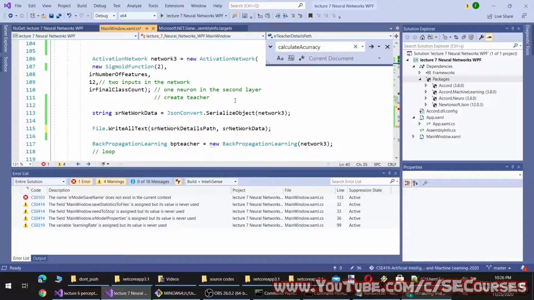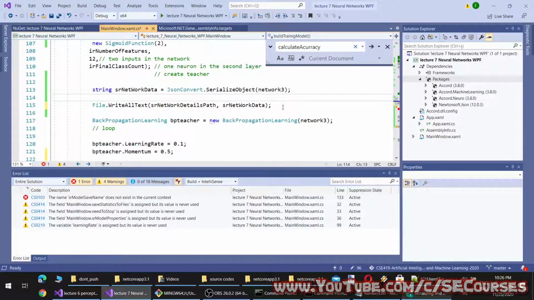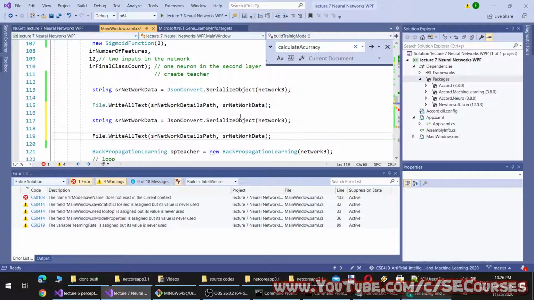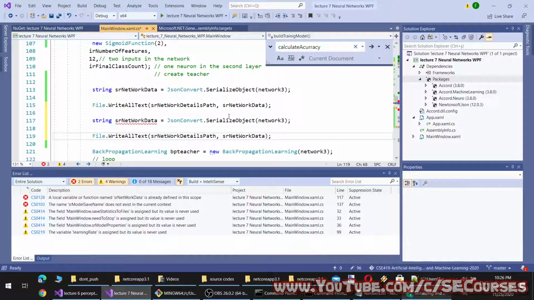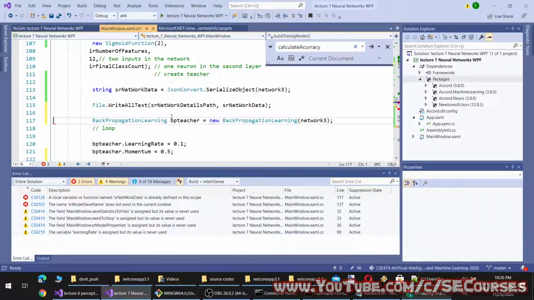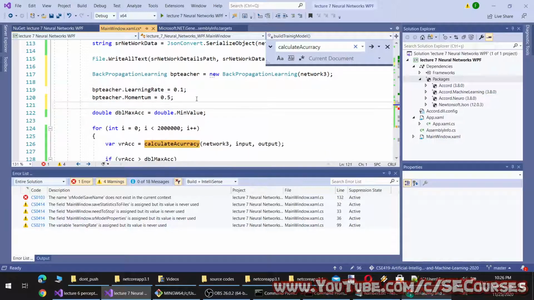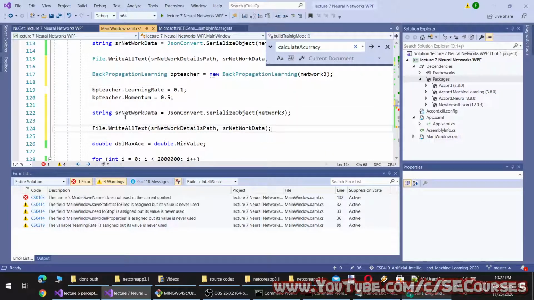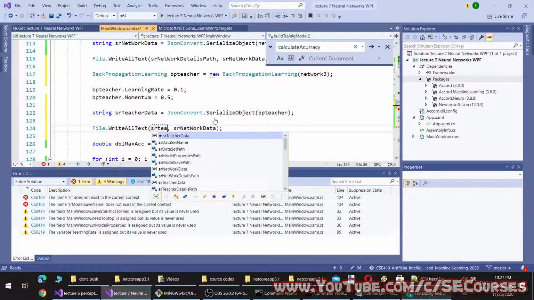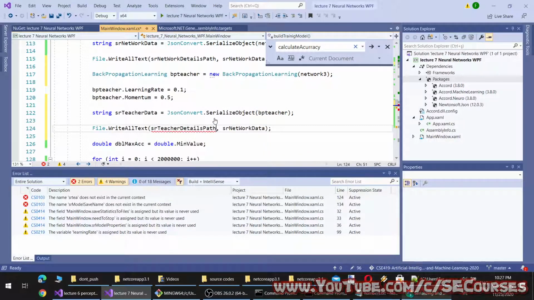It is still pretty messy. We will refactor it even more. So here's data and teacher details path.